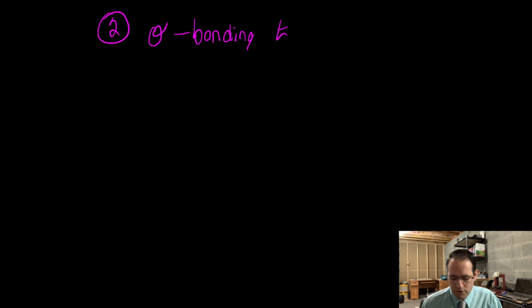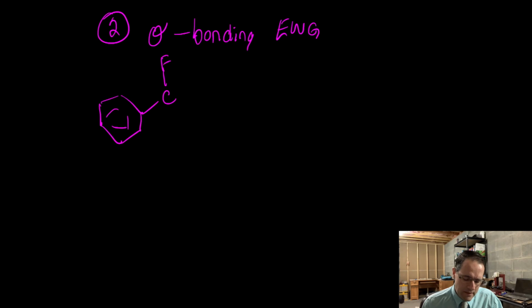Okay, now we memorized that no chops, right? Nitrogen, oxygen, carbon, and halogen are all ortho para directors. Now it turns out that every single electron withdrawing group is going to be a meta director. I did forget to point out the second category of your electron withdrawing groups, and those are sigma bonding electron withdrawing groups. If you have a molecule that has a very electronegative group attached, okay,